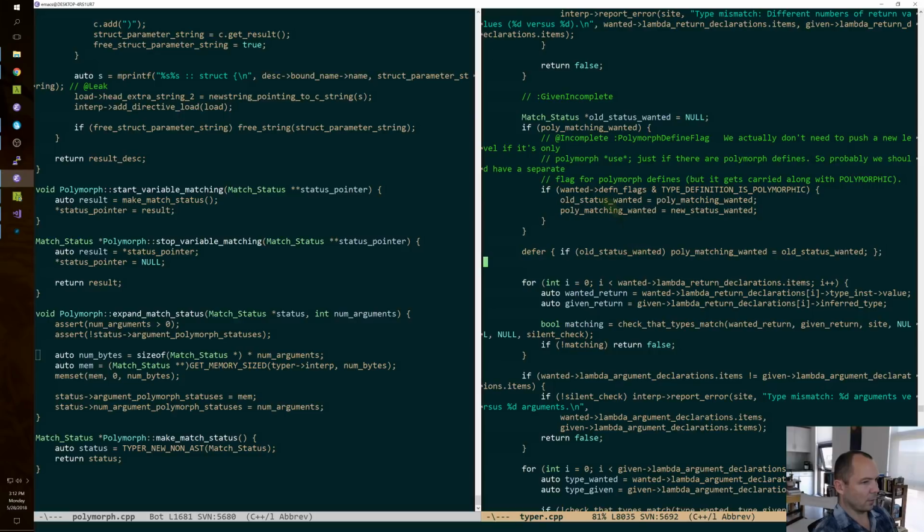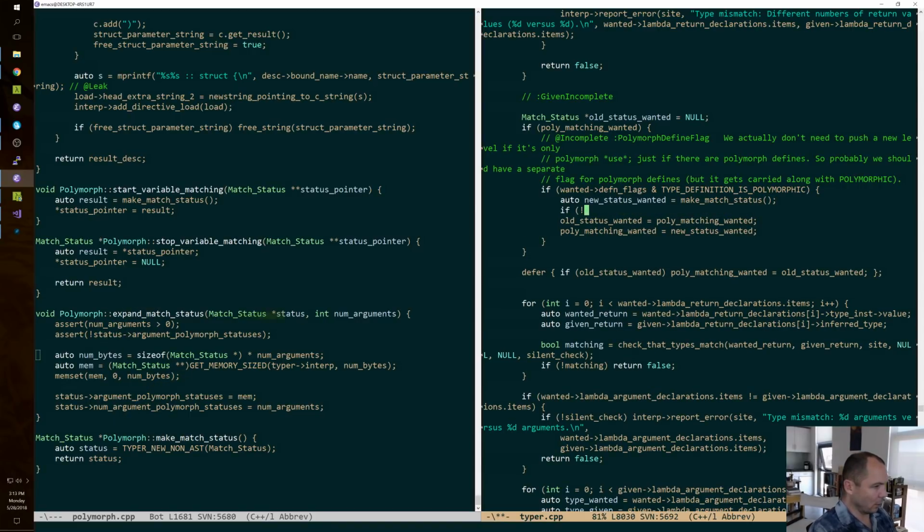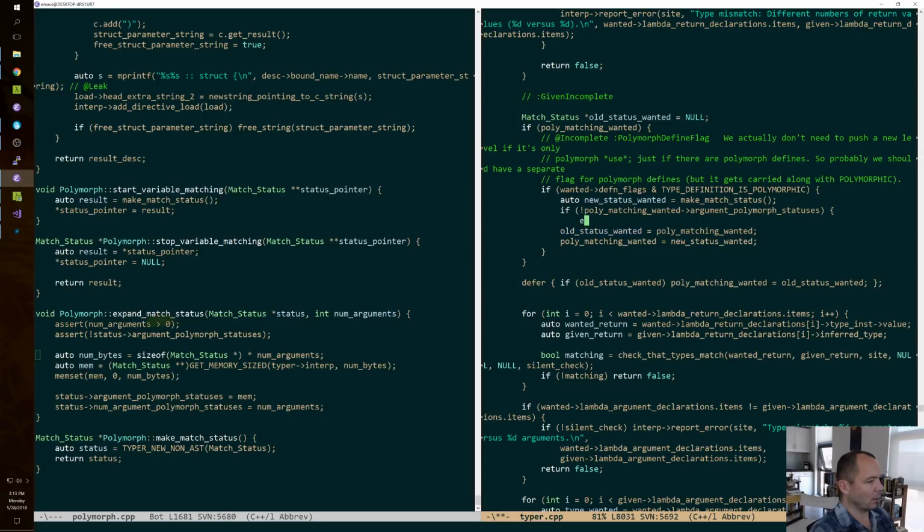So new status wanted is make match status if not poly matching wanted arrow argument polymorph statuses expand match status. This is in polymorph. Expand match status of